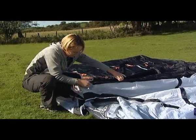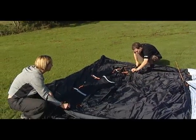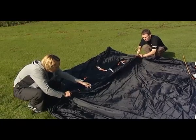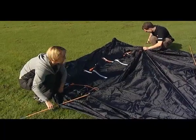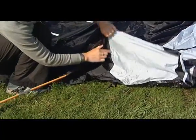When you insert the poles into their sleeves, take care not to force the poles through. Avoid pushing long poles through sleeves. Instead, feed the material onto the poles, gathering short lengths and pulling the material onto the poles gradually. Never pull the poles. On one side of the fly sheet, locate an end of each pole into the metal